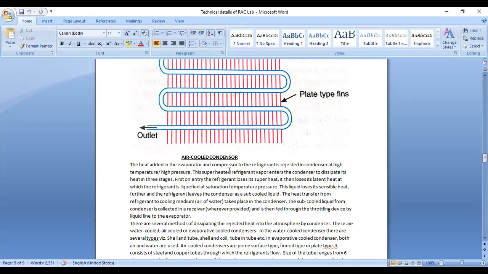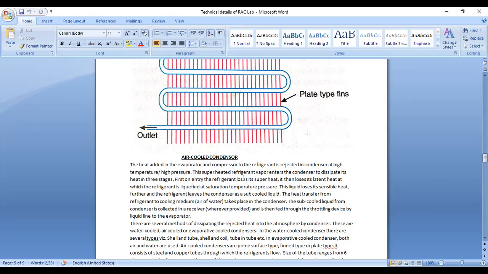The heat added in the evaporator and compressor is carried to the condenser at high temperature and high pressure. The superheated refrigerant enters the condenser to dissipate it in three stages. First, on entry, the refrigerant loses its superheat, then loses its latent heat, and the refrigerant is liquefied at saturation temperature,